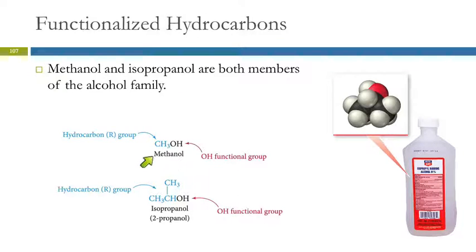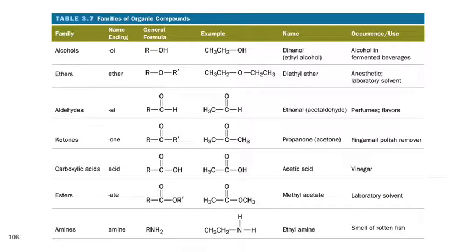So this is methanol. So it's from methane, but then the ending is changed. Isopropanol, the prop, it means 3 carbons. So this one has 3 carbons, and it's got this ol function, the alcohol function. So these are the different families. I'm not going to give you questions about which is which, but I would just like to introduce them to you so that if you go on to organic chemistry, you will have seen them before.